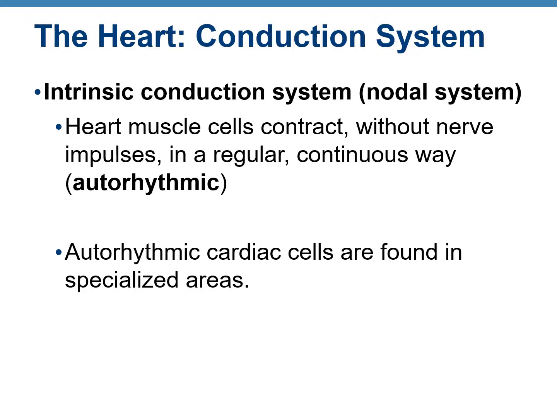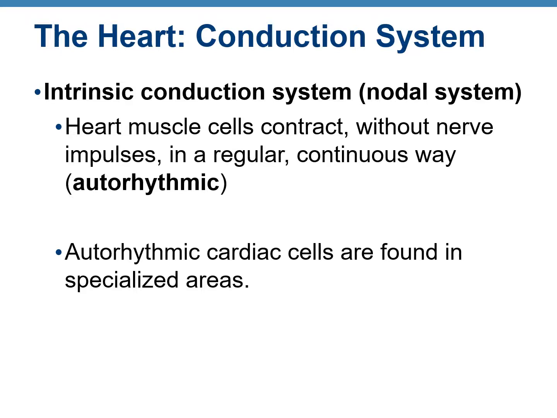The next important system that you have to learn about the heart is known as the conduction system. Please do not confuse conduction system with blood circulation. Sometimes it happens that I ask students to write about the conduction system and they end up describing the blood circulation in detail. The conduction system of the heart, also known as the nodal system, it depends on a very important property of the heart, which is called the autorhythmicity of heart.